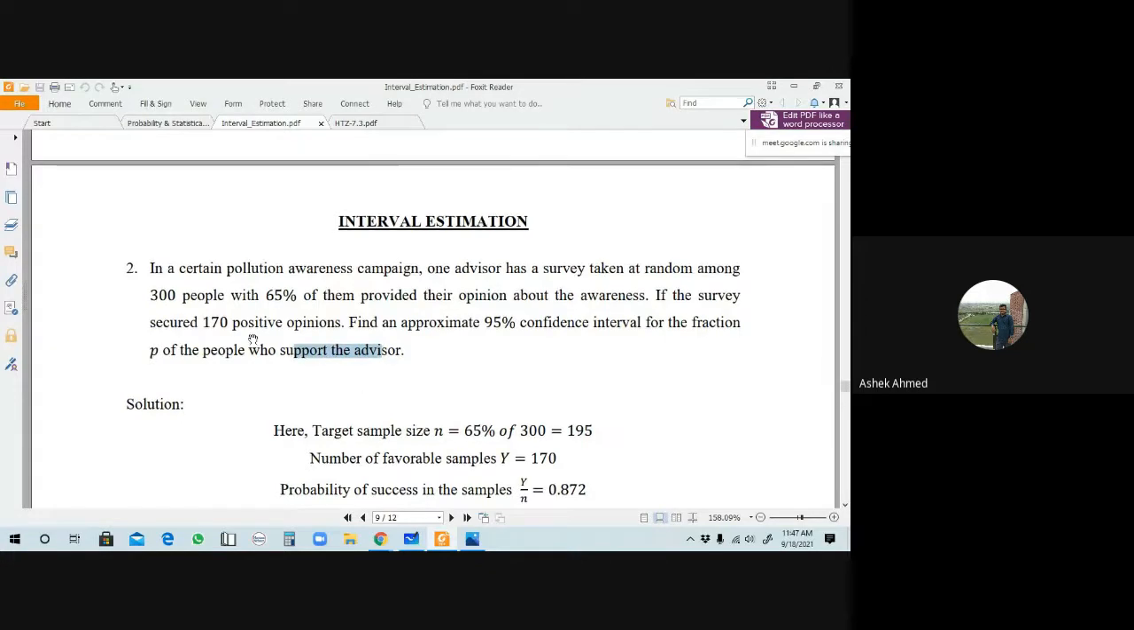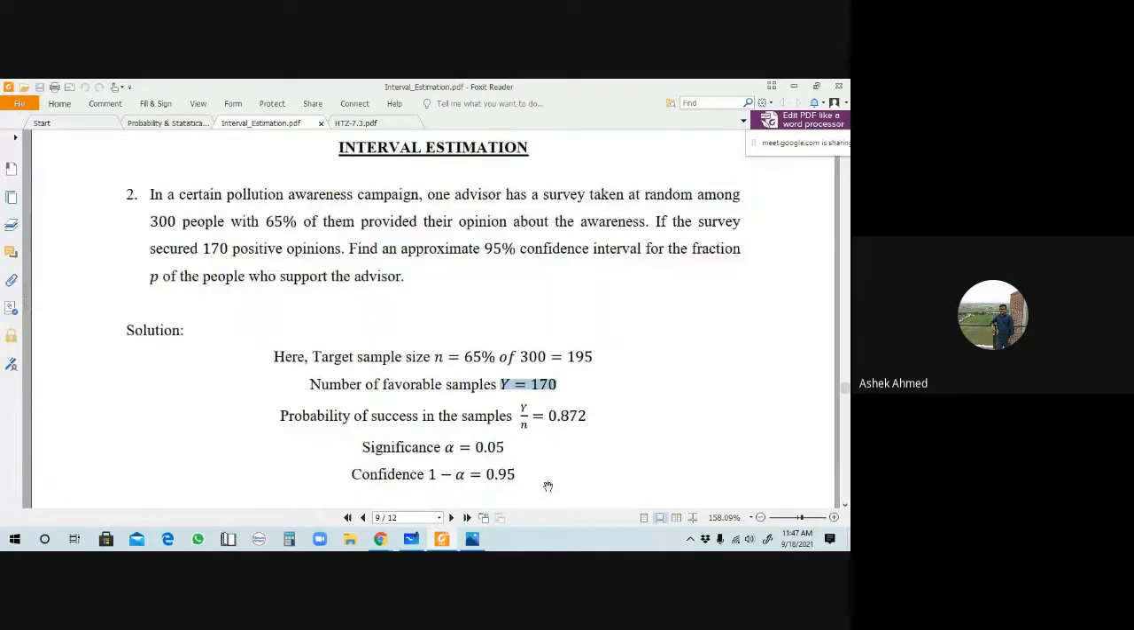Okay, so from here the target people will be 65% of 300 people, that is 195. Now how many give a positive opinion? 170 people. So the value of y will be 170. So the probability of success in the sample is y by n, so that value is here